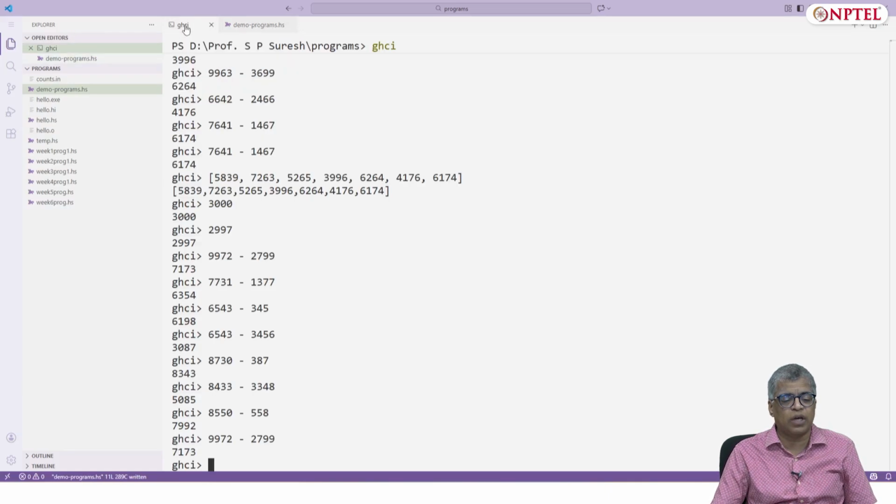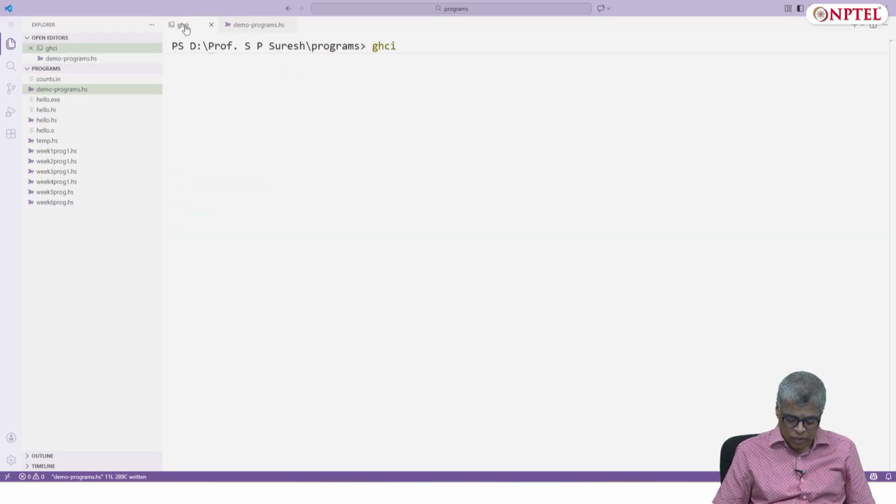Let's go to GHCI. Let's load demo programs.